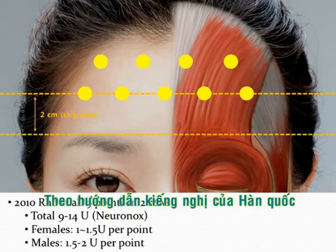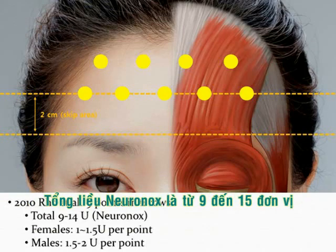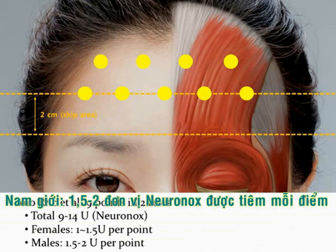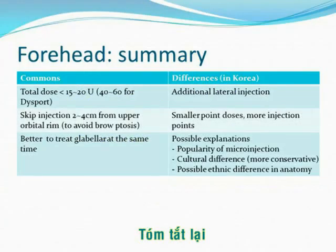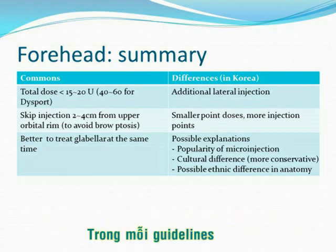Well, according to the Korean recommendation guidelines, we recommended 9 points in 2 rows. Total injection units of Neuronox was 9 to 15 units. For females, the point dose was 1 to 1.5 units, and for males, 1.5 to 2 units of Neuronox was injected per point. So in summary, for forehead wrinkles, total dose is not that different between the guidelines, and every guideline is